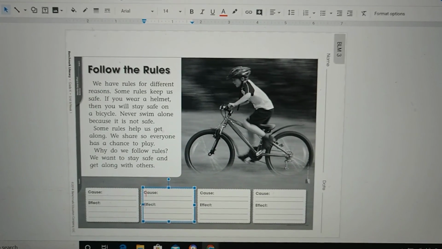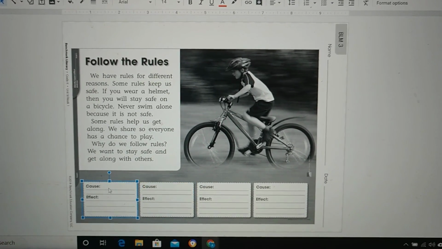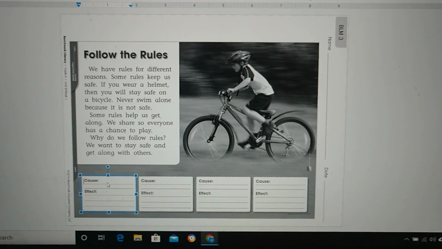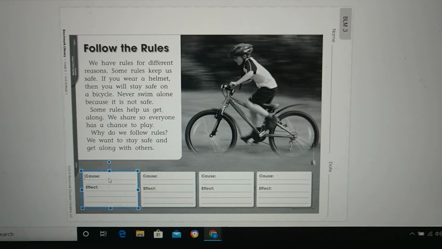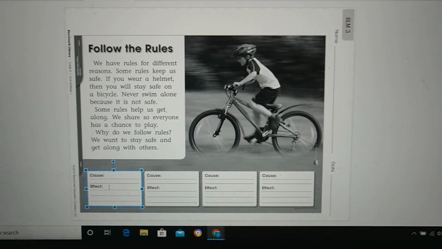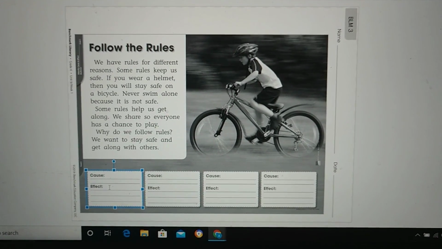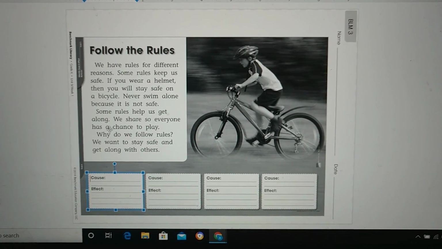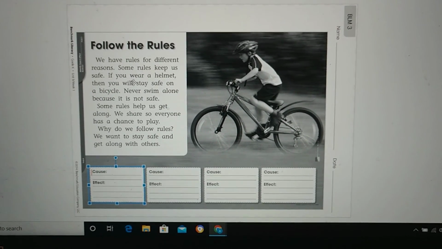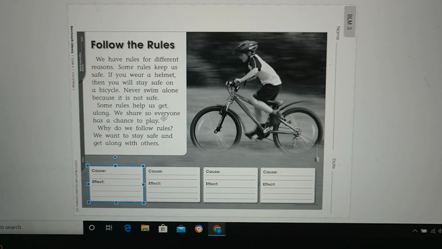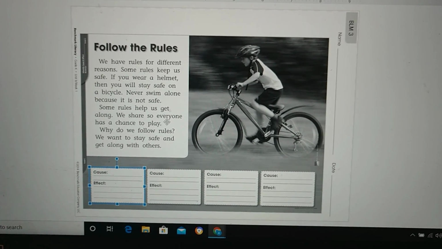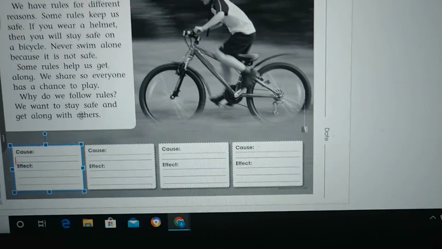So what I'm going to do is, once my child tells me the cause and effect after we've read the poster, I will type in the cause and the effect that my child tells me from reading the poster. And remember to remind your student to look for the signal words. And signal words are words that help identify the cause and effect. And just to show you real quick,